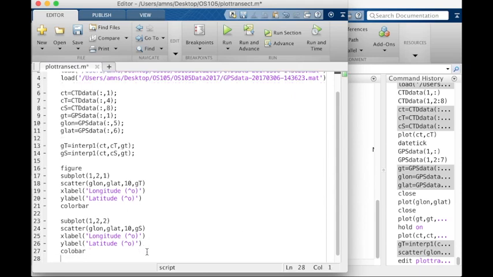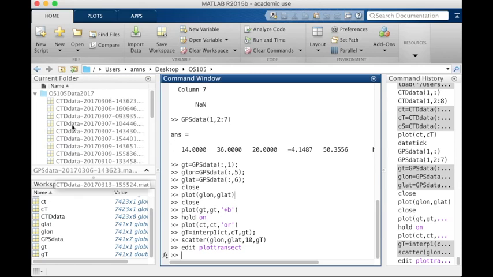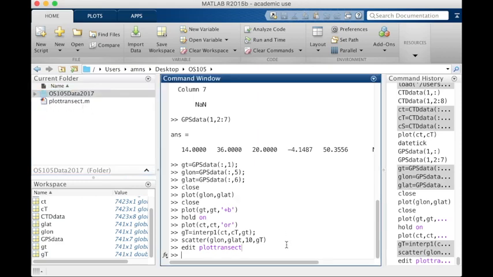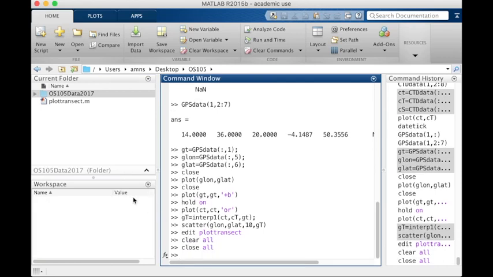And then we will save that. Then we'll go back to my window here. Now, just take note, I'm in the OS105 folder, and that has this OS105 data 2017 folder within it, and then I've got my script file called plot transact. Now, if I do clear all and then close all, I've cleared my workspace, I've got no figures, and if I then type plot transact,